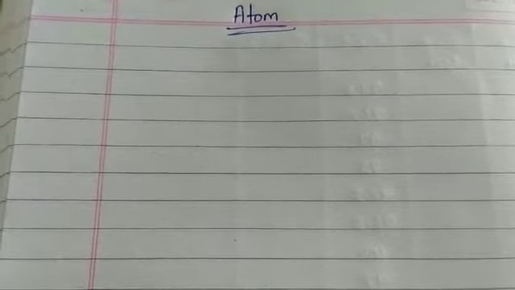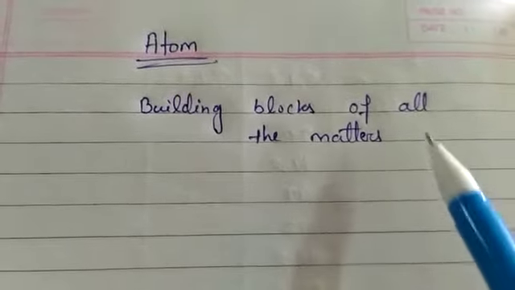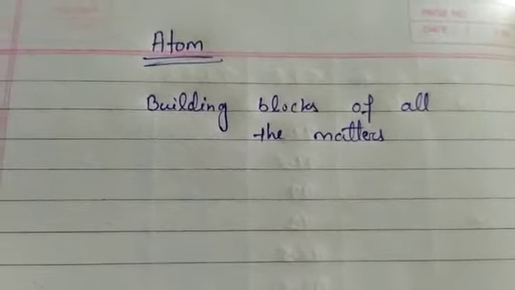We have seen building walls. We have observed how a building is made. First, walls are made. From these walls, a room is made, and then a collection of rooms forms a building. Similarly, an ant-hill is built up of small grains of sand. So the building block of an ant-hill is a small grain of sand. Similarly, the building blocks of all matter are known as atoms, and atoms are very small.